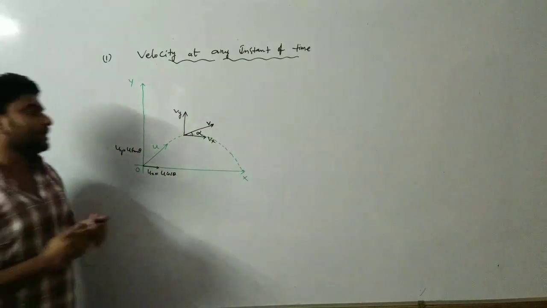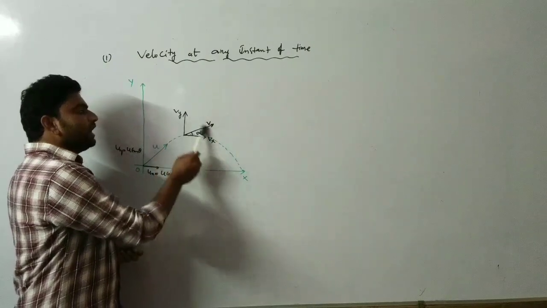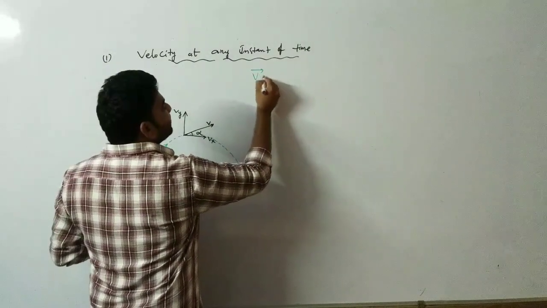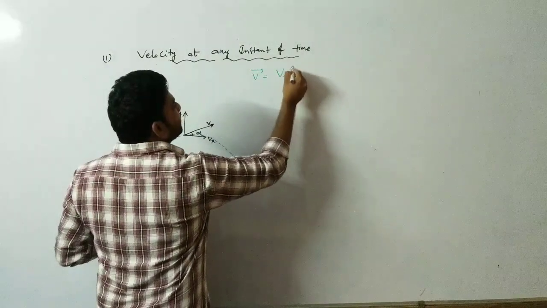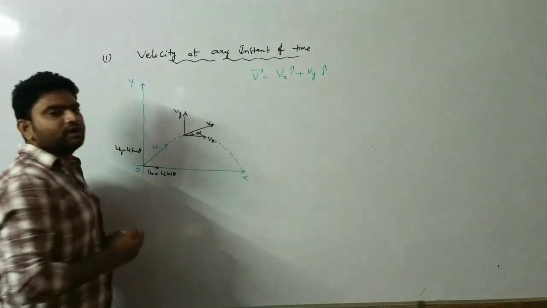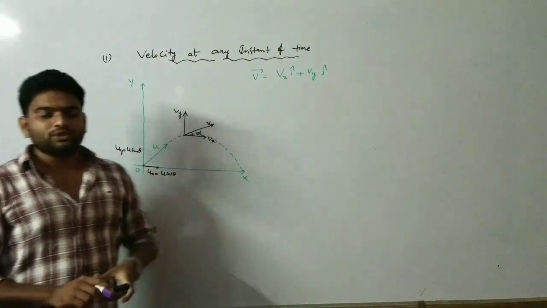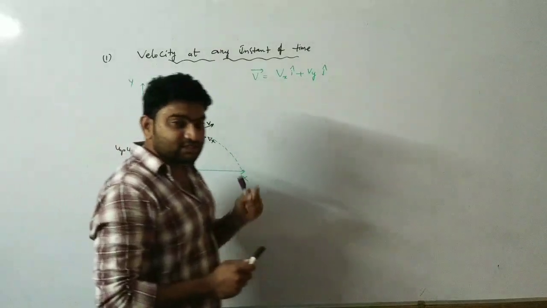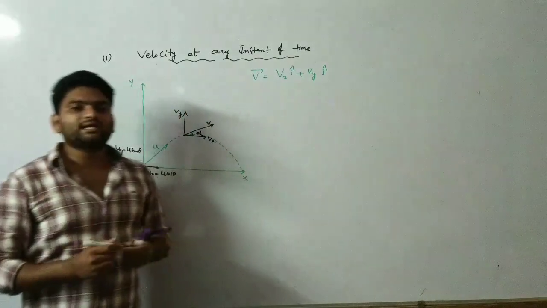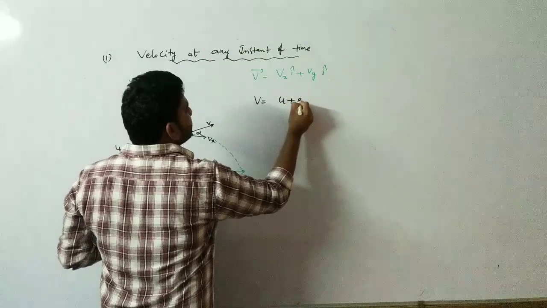Now my aim is to calculate what is the vx value and what is the vy value. If I add both of them, I will be getting my final velocity. That means my velocity vector can be written as vx into i cap plus vy into j cap. This is the format we have to find out, but we are supposed to calculate what is the vx value and what is the vy value. So generally from the equations of motion, I just now told you the equation for calculating velocity at any instant of time. This is the formula, that is v equals u plus at.